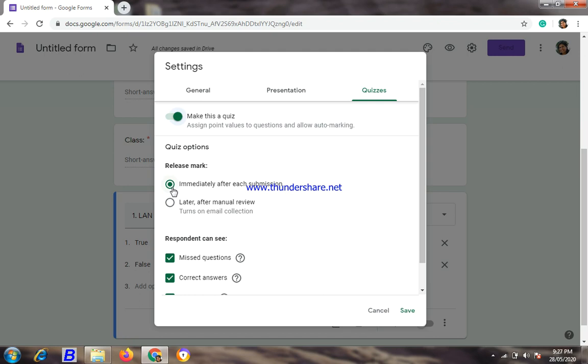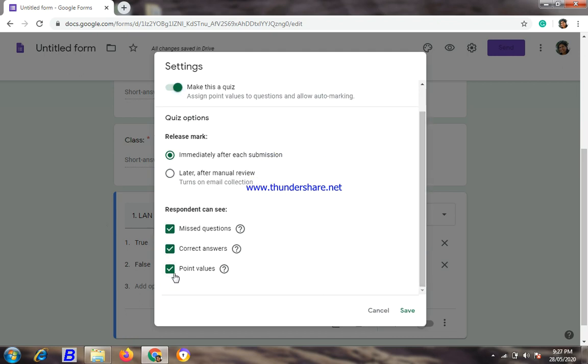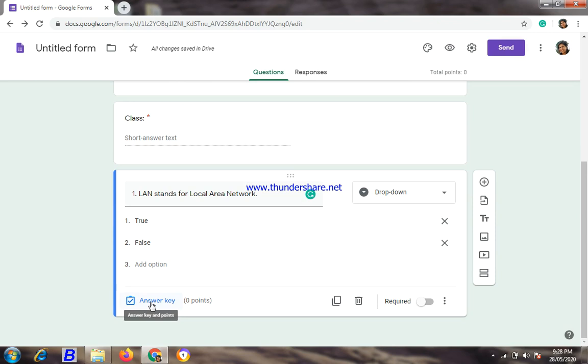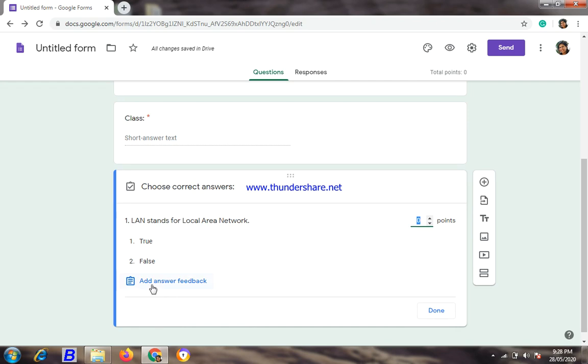This should be checked. Immediately after each submission, students will see their marks, and all these three options should be checked. Save this, and after that you will immediately get the answer key. Fine. So again it is a mandatory question, so required, and write this option, answer key.